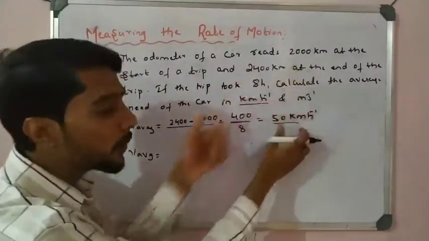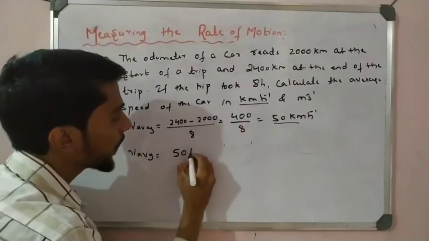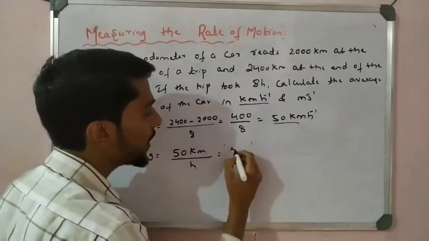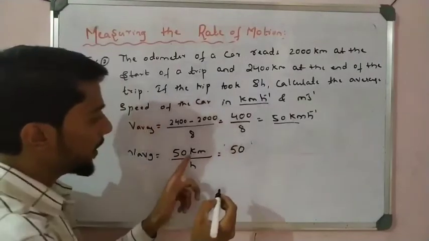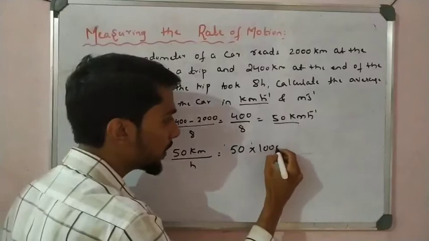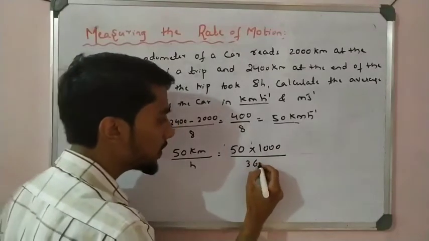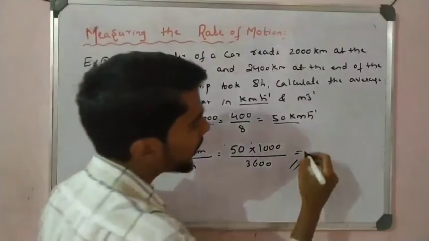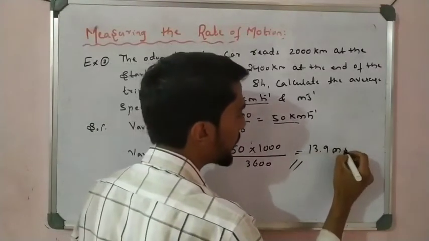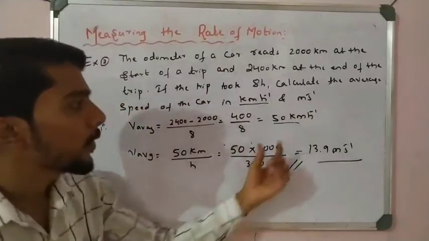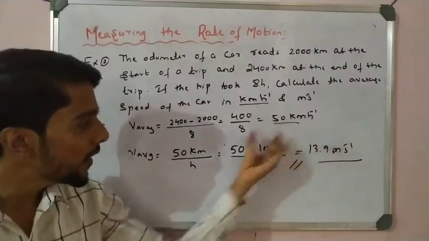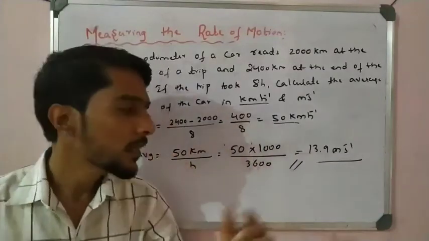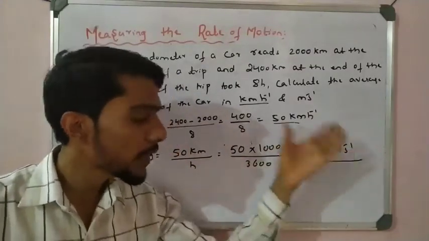Okay, but now convert this into meter per second. I have 50 kilometer per hour, I can change that, and it is easy. So that is 50 kilometers, which is 1000 meters, and an hour is 3600 seconds. If you do it like that, we get a simple answer, 13.9 meters per second. That is the shortcut. So I can take 50 here, kilometer is 1000, hour is 3600 seconds. 1 hour is 3600 seconds, so meter per second. So you get the answer here.